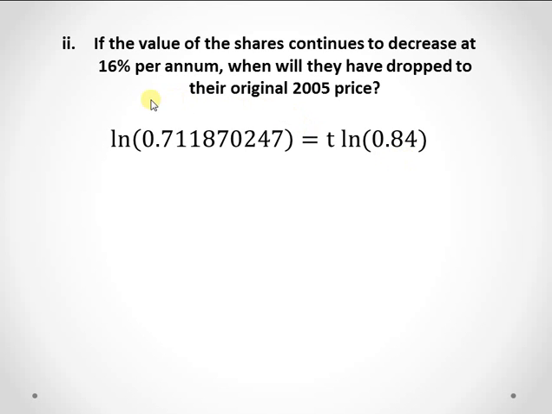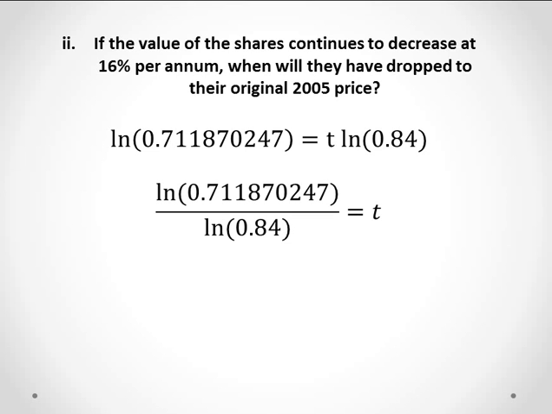We're writing out the full calculator display here because we want as little rounding error as possible. So the next step is to divide by the log of 0.84, and that's giving us T on the right hand side on its own, so we can determine our time. So the log of 0.711870247 over the log of 0.84 is equal to our T value. Determining that value then, we get T is equal to